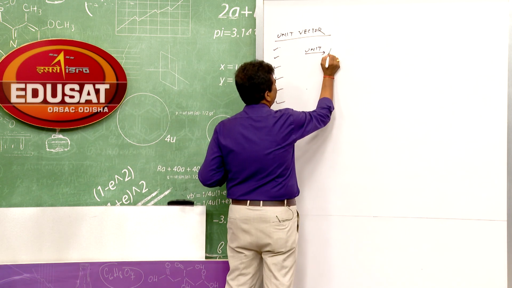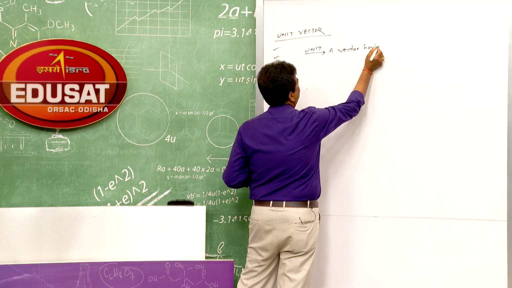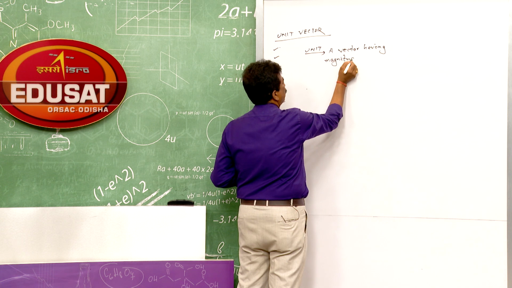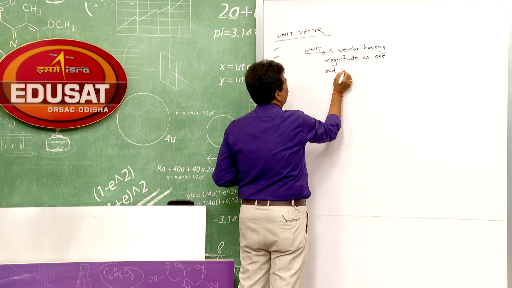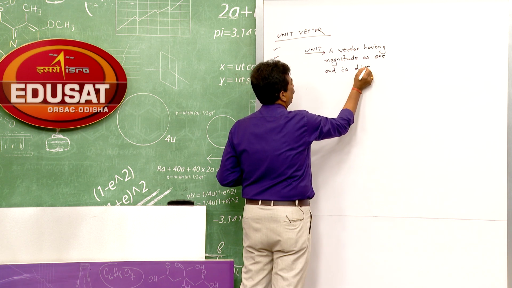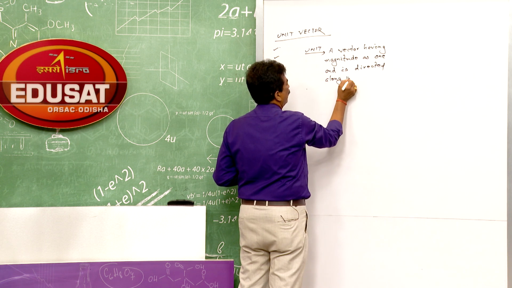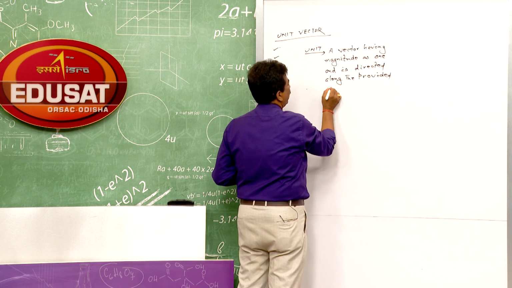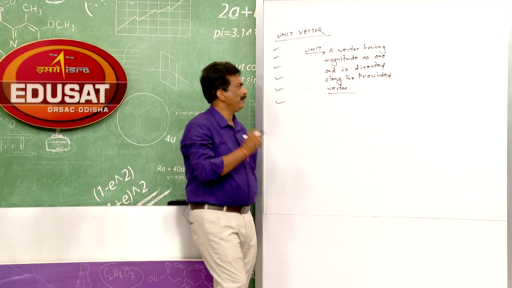So, a vector having magnitude as 1 and directed along the provided vector is known as a unit vector. Its magnitude is 1. Means suppose